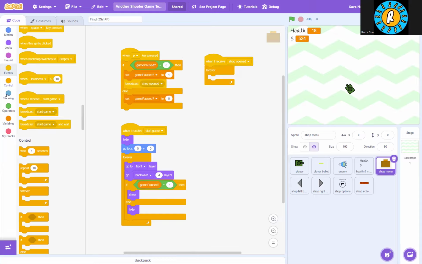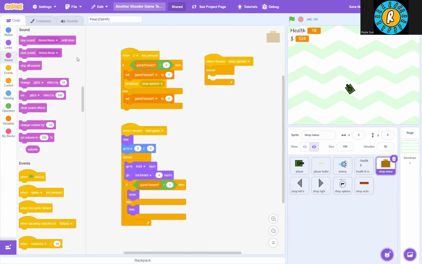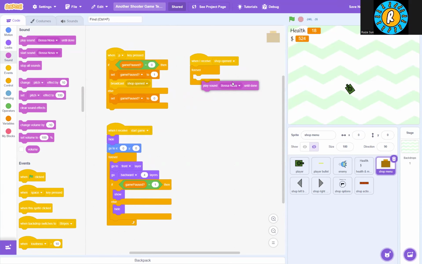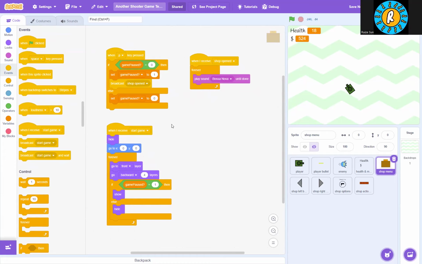So then we're gonna put the forever loop, and then we're gonna go to sound, and this time we're gonna drag out "play sound until done," not the start sound, but play sound until done, so they actually play, make sure it stops. So in the forever loop, have that, and then we're gonna have a